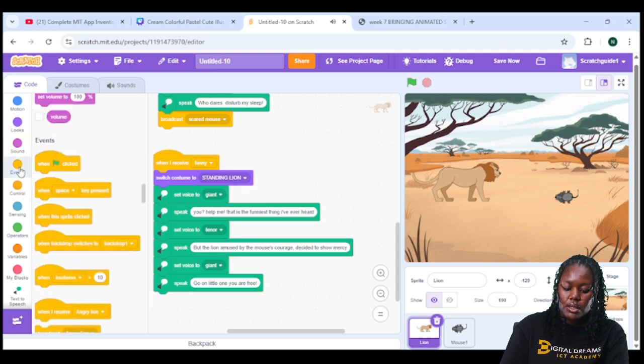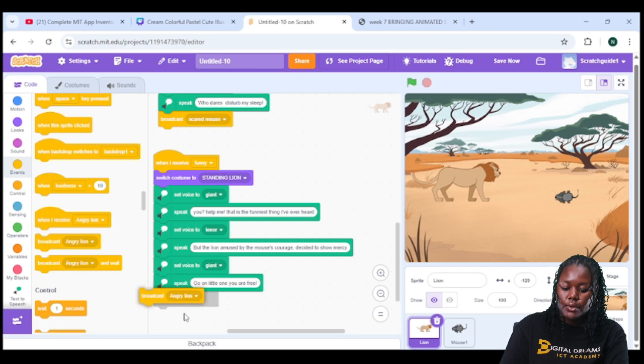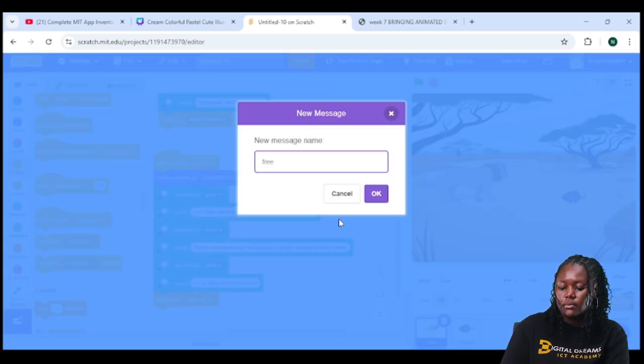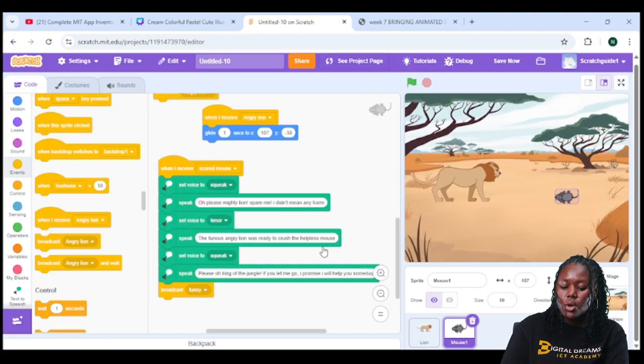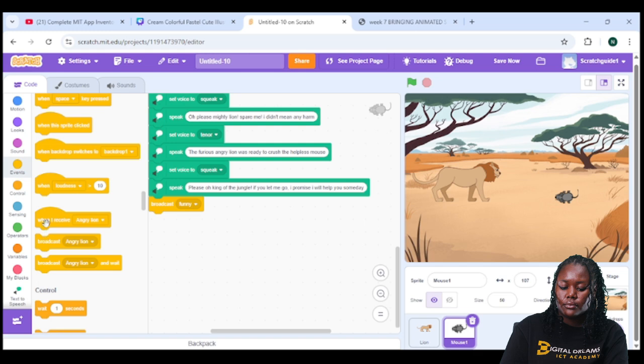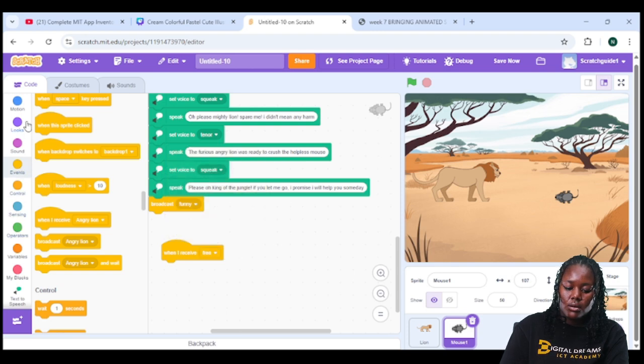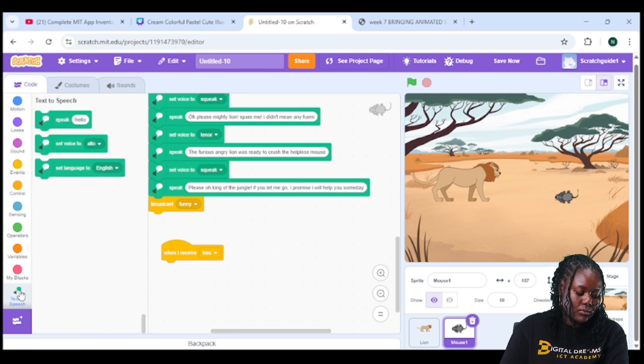So we're going to broadcast a message. Get your broadcast block, place it here, and name it free. Then go to the mouse. When I receive free, go to your text to speech and say set voice to squeak. And say